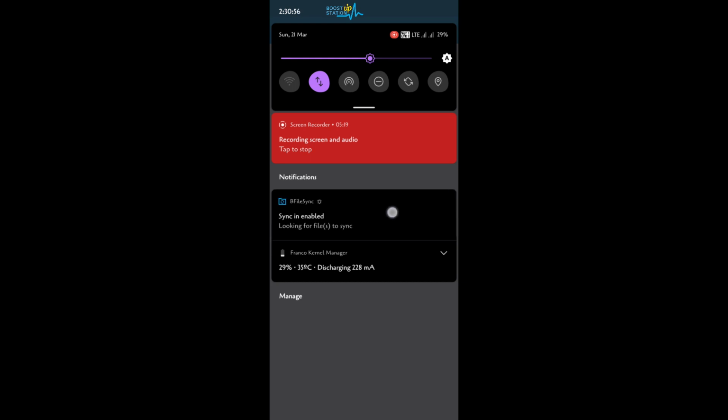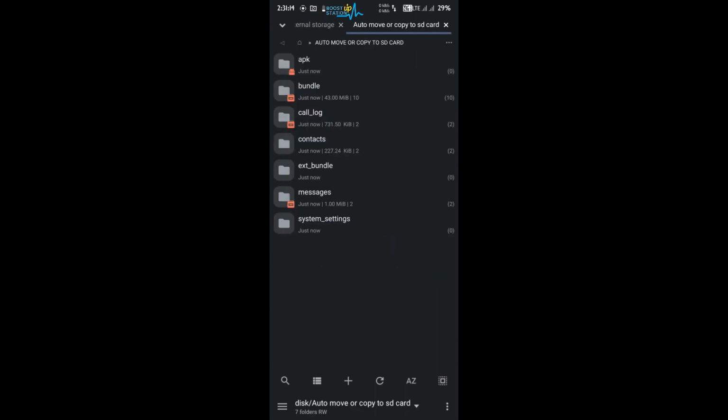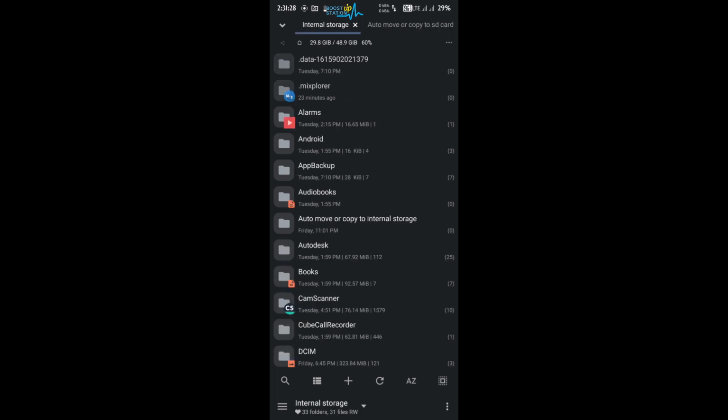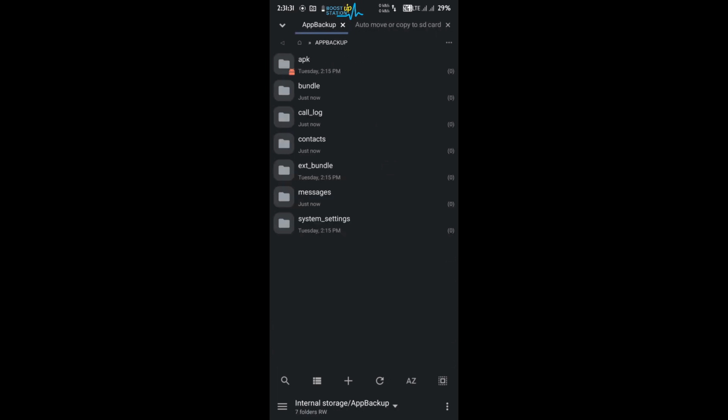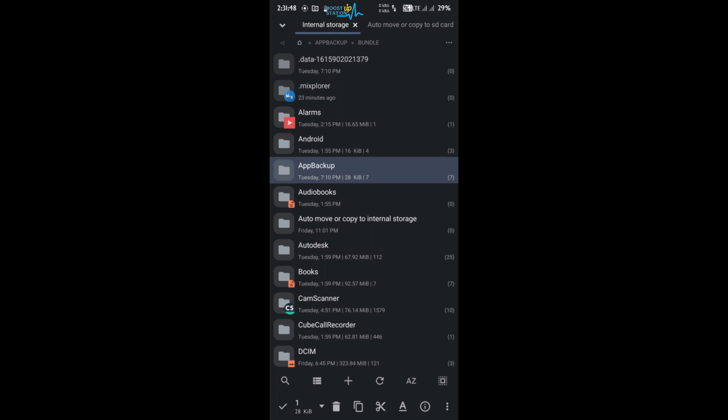Now it has been enabled, and if you go here, you can see that it's looking for the files to sync. Now it is moving the files as we have selected the move option. So let us see. In the disk I have this folder, and you can see that the files are being copied, right? Perfect. So the files have been successfully moved as we chose the move option. These folders are empty, but this structure is perfect. We have the folders, and inside the folders we have the files. So now you can just delete this folder because we used the move option.